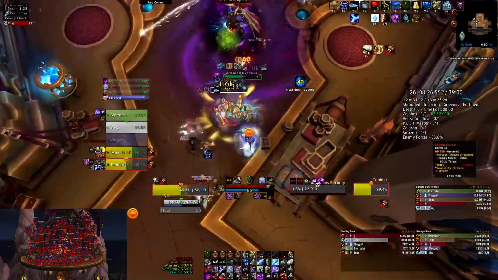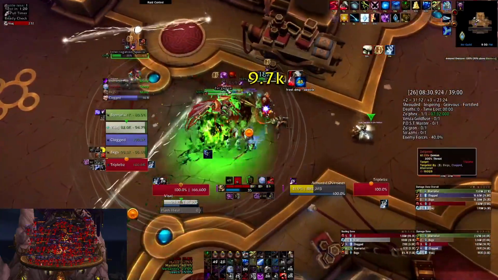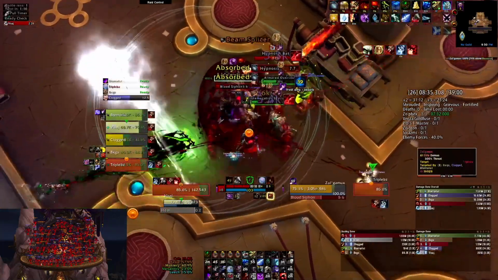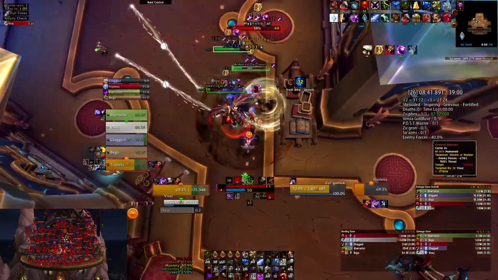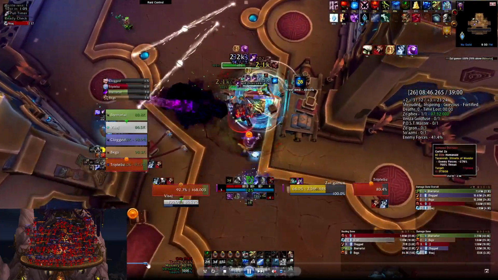I almost procced there with Purgatory. I don't know how I lived that, to be honest, but we did get through it, no problems. And now it's just the case of CCing the bat, interrupting the blood siphon, nuking down the shield, interrupting status beam, all the good stuff, dodging the beams, all the standard stuff. Now let's move it across a little bit,